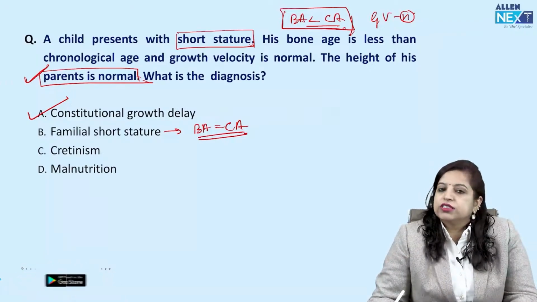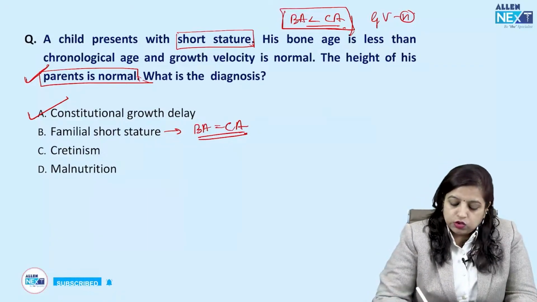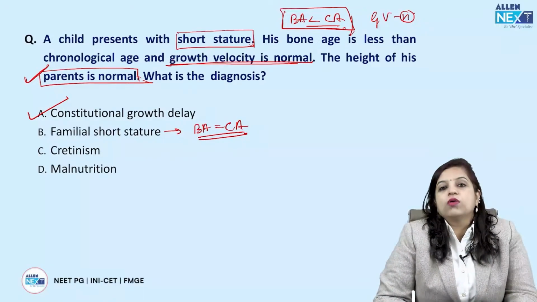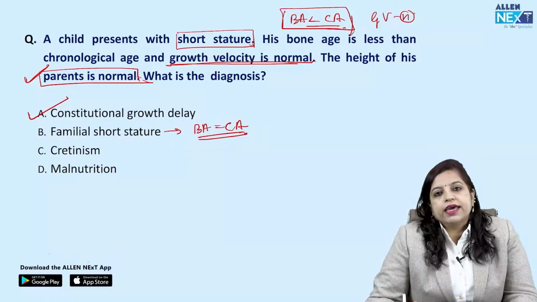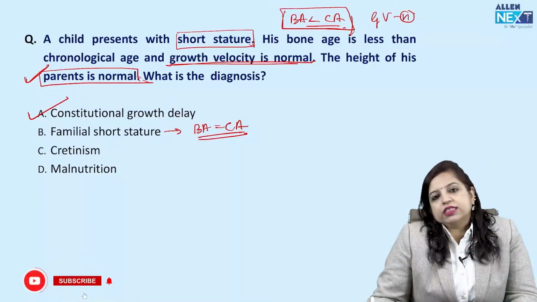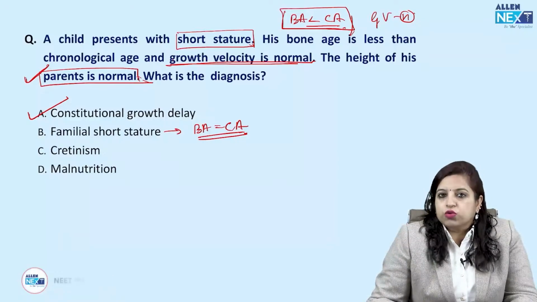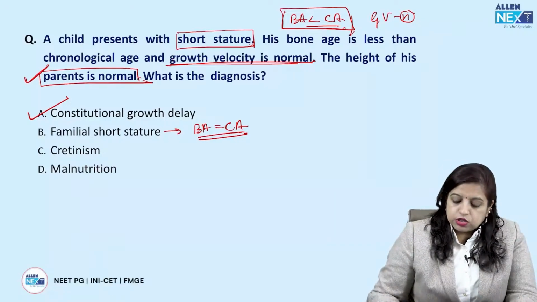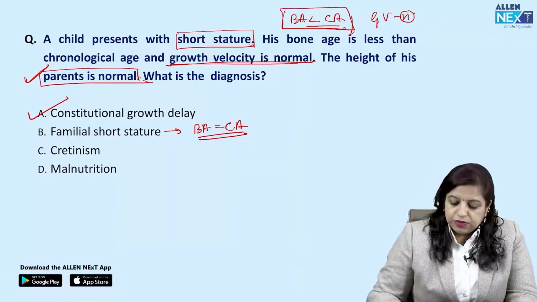Cretinism and malnutrition, definitely these are not the options to be considered, because as we saw, the growth velocity is normal. There is no pathological process occurring in this child, and hence we would go either for A or B. B we have already explained cannot be the answer, so our answer comes out to be constitutional growth delay. Sometimes they might not supply you so much information, they might just give you